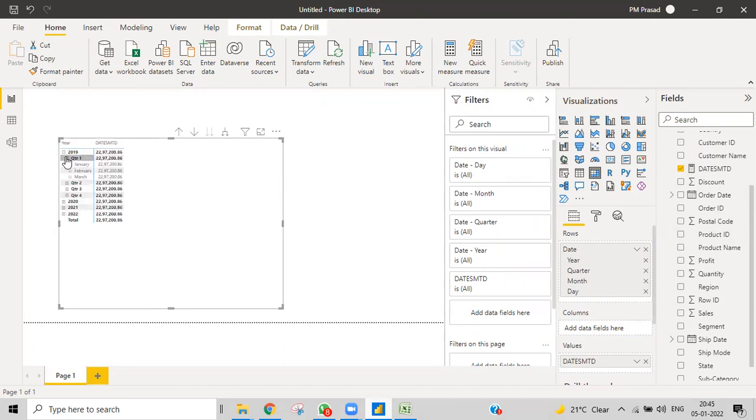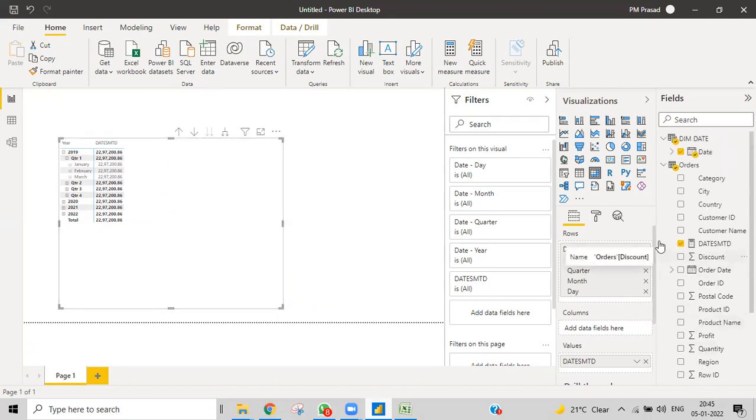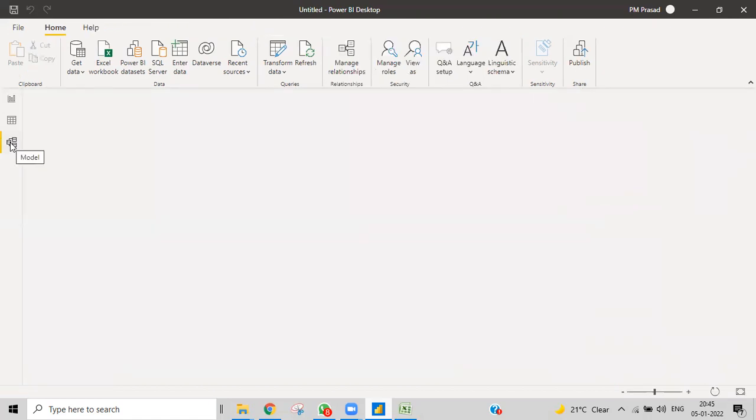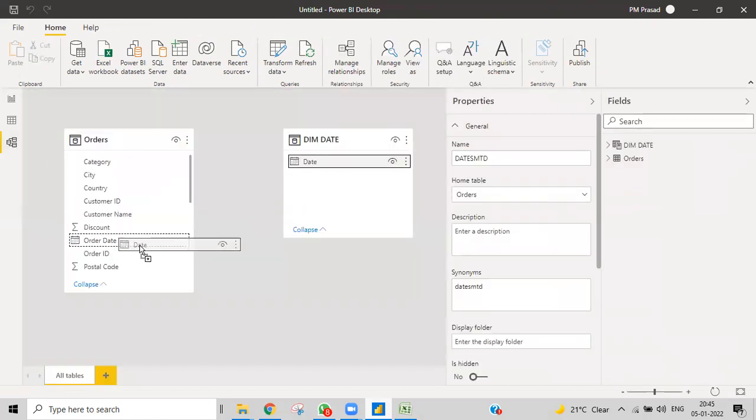Every time we are getting the same total, right? Why are we getting that? Did we do anything wrong? Do we have to link that one? Sorry, I forgot that. Okay, nice catch.